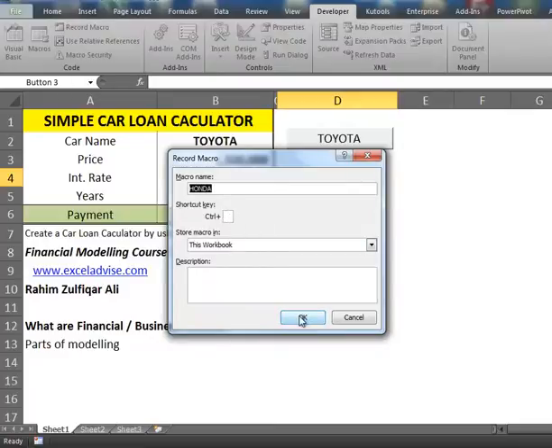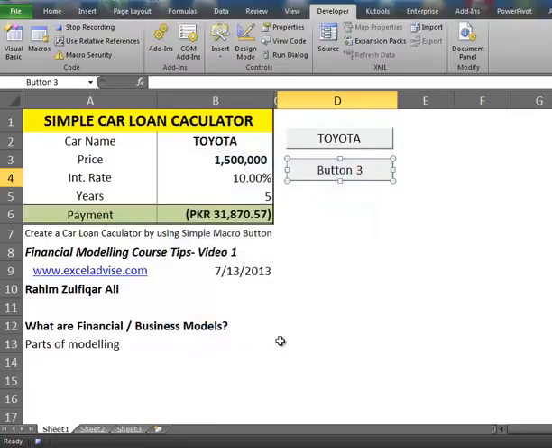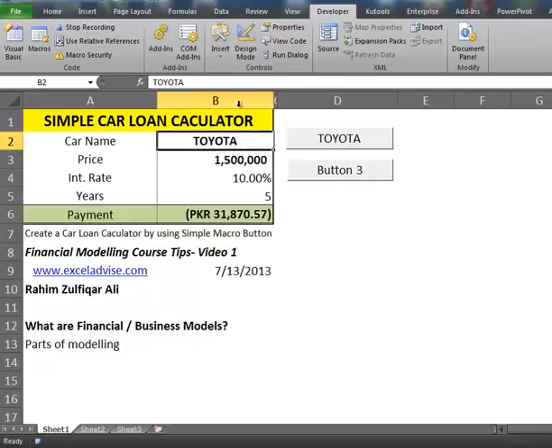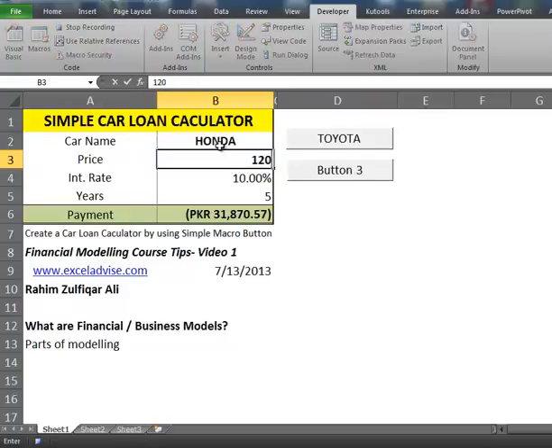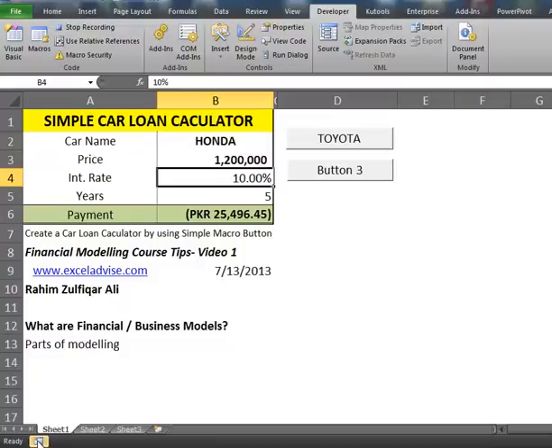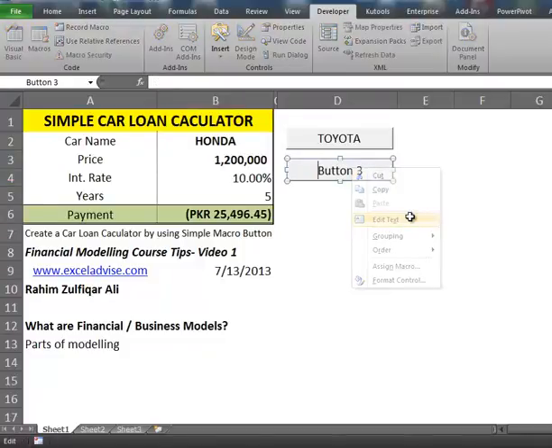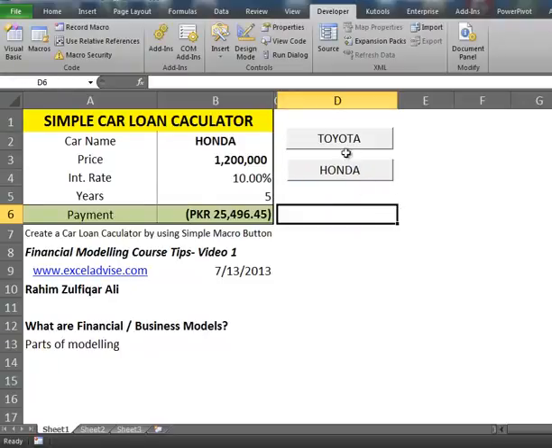We skip these steps and press OK, and again it starts recording a macro. We go to B2 again, change Toyota to Honda, and write its price, that is 1.2 million. We stop this macro and rename Button 3 to Honda. That's it. We have now created two simple buttons for two car prices.